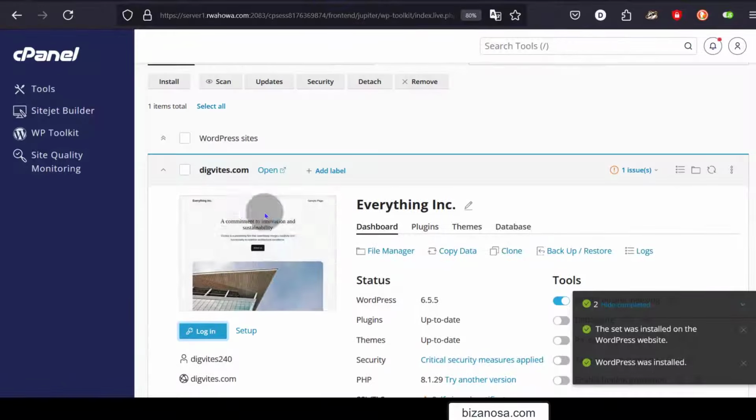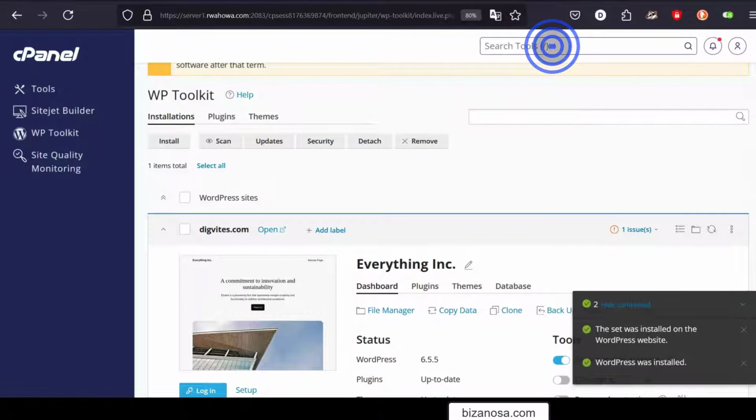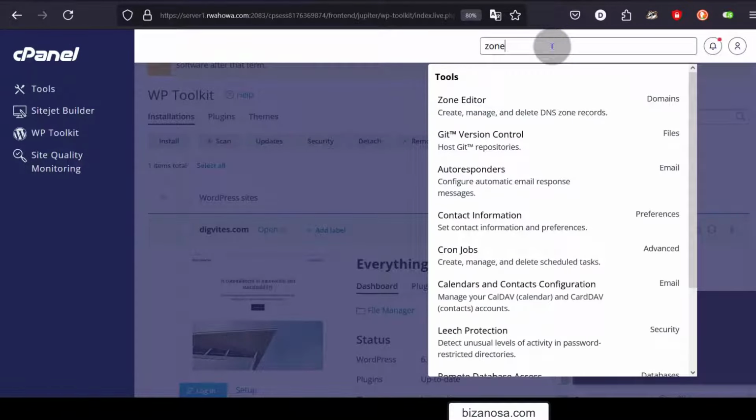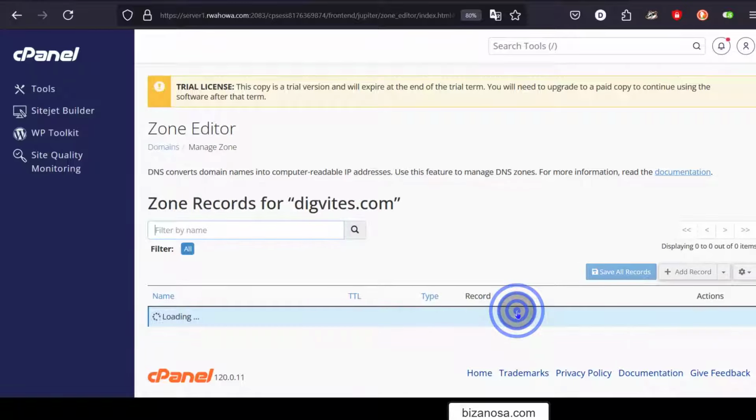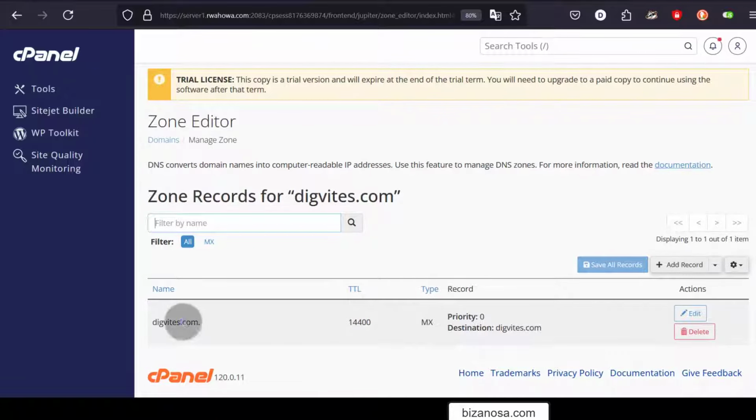Let's come to cPanel and we can just search for zone editor, and this is where you'll find the DNS records for your different domains that you add on cPanel. So I'm going to go to manage, and here I can see that currently I only have this one, which is not true. If you go to WHM, you're going to see that there are other records. So this is something that happens due to the feature list on the package. So the package being used by this user doesn't have the list to allow all the other records to be